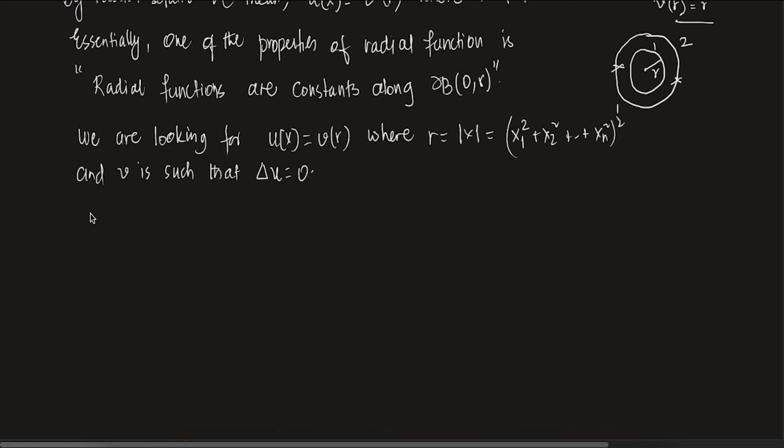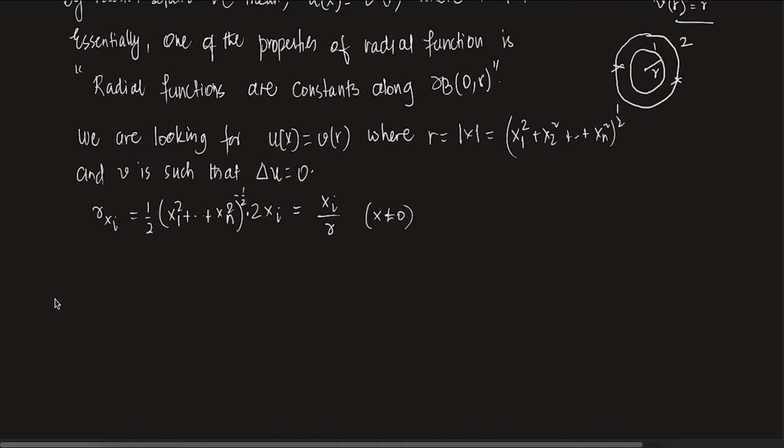So if we do that, first of all, a little change of variable, r with respect to xi. If we differentiate r with respect to xi, that will be half times (x1 square plus up to xn square) to the power minus half, yeah, half minus 1 is minus half, times 2xi. So this is xi by (x1 square plus x2 square plus up to xn square) whole power half, which is r. Clear? Of course we are assuming that x is non-zero.